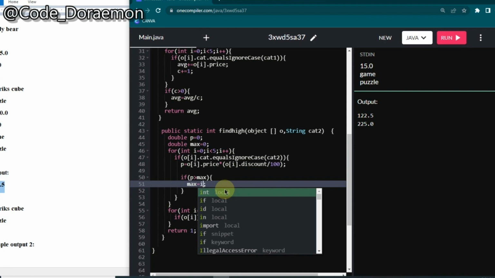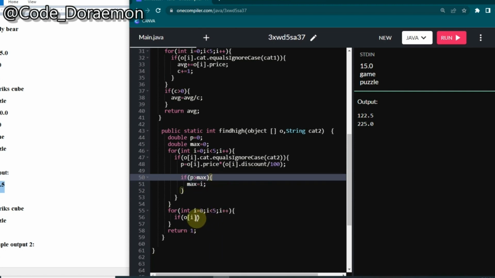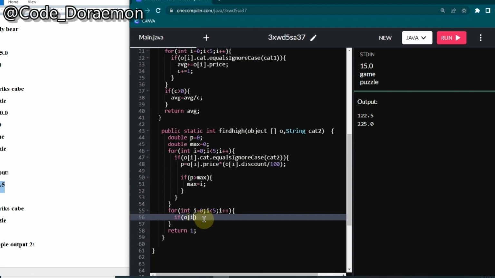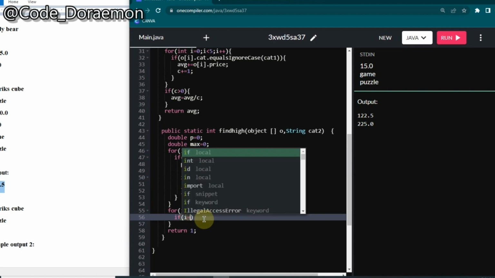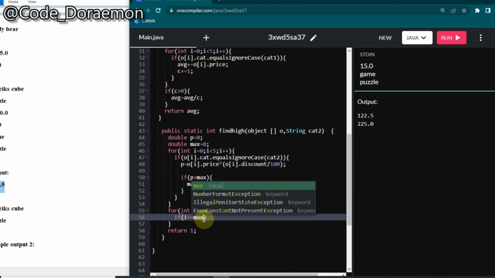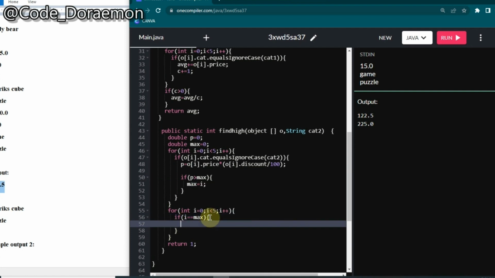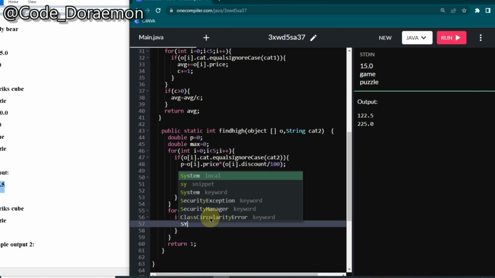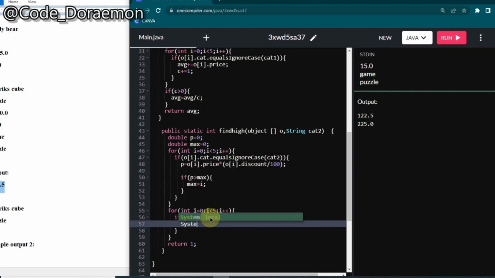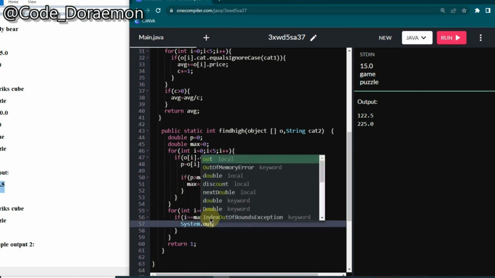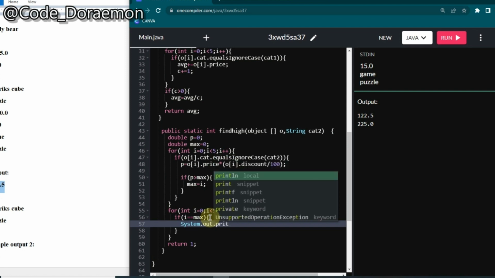So I'm just going to take the i value and iterate through, and if the i value is equal to max, then we are going to print the respective things. So System.out.println,